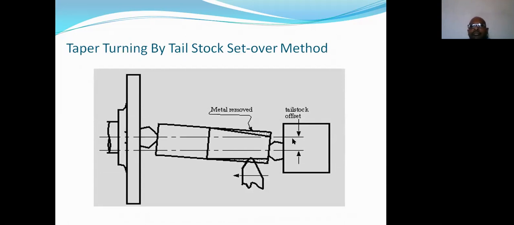So this one is the center axis. This is the axis of the machine. Observe carefully. So this is the face plate. That's why this one is called the axis of the machine. And this one is the axis of the job. So in order to convert this axis of the job to the required angle, the tailstock is moved a certain length. That is called the offsetting of the tailstock. Whereas the cutting tool is moved parallel to the machine axis only.